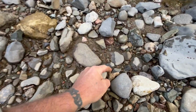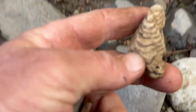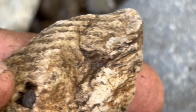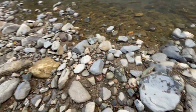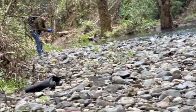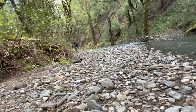This looks like it'll probably be a piece here. It's just got a cool reveal on it. So right on, we're already off to a good start. One indication that you're looking at a piece of wood is that it's laying on the bottom. We can get waterlogged pieces, but